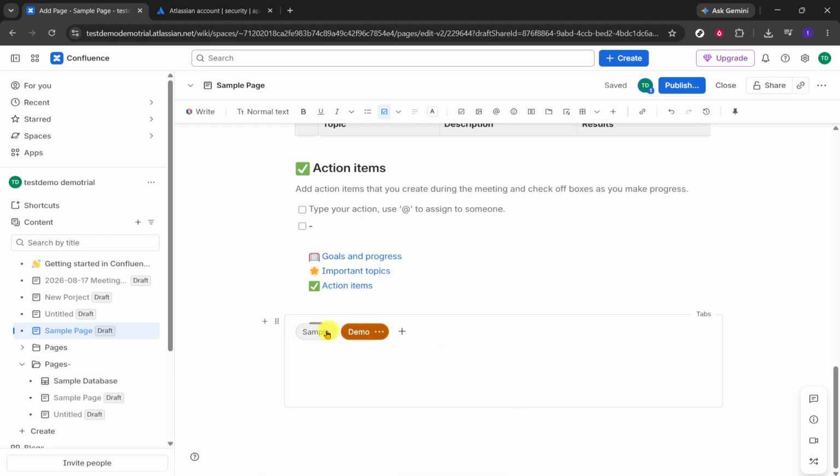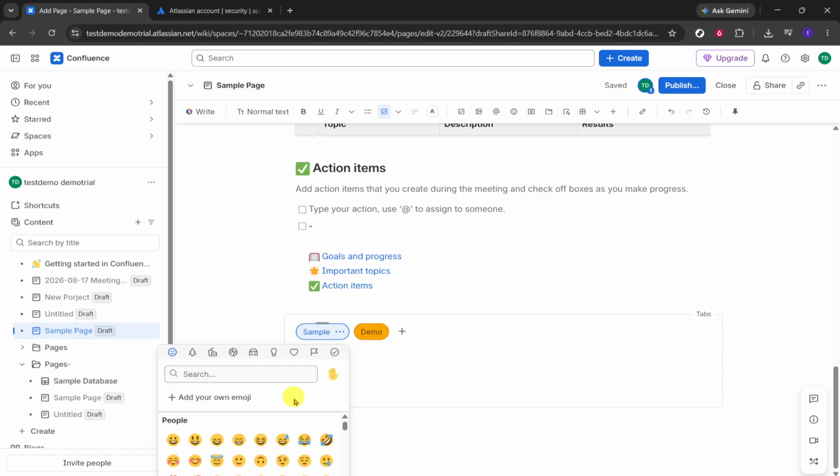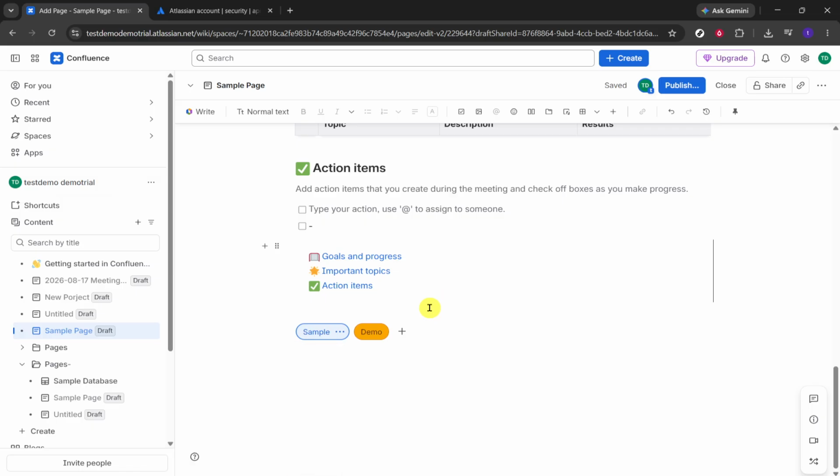That's the full process for creating tabs in a Confluence page. You begin from the overview page, open the target page from the left navigation, click into the editor, type /tabs, select the tab option, rename the default tab, and then use the three-dot menu for customization. Taking a few extra moments to name and configure your tabs clearly can make a big difference in how easy your